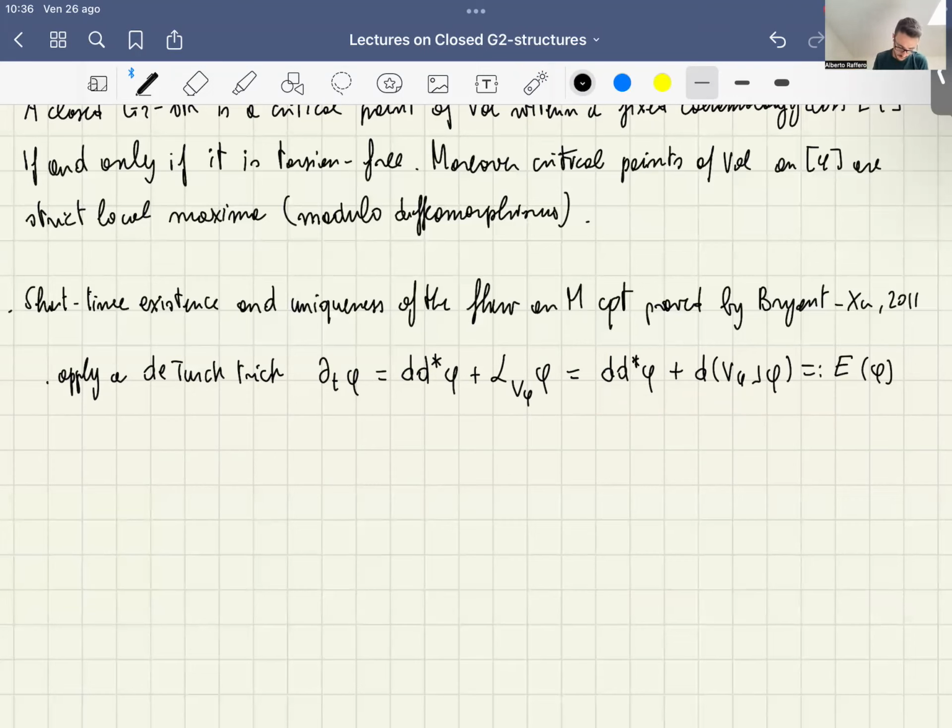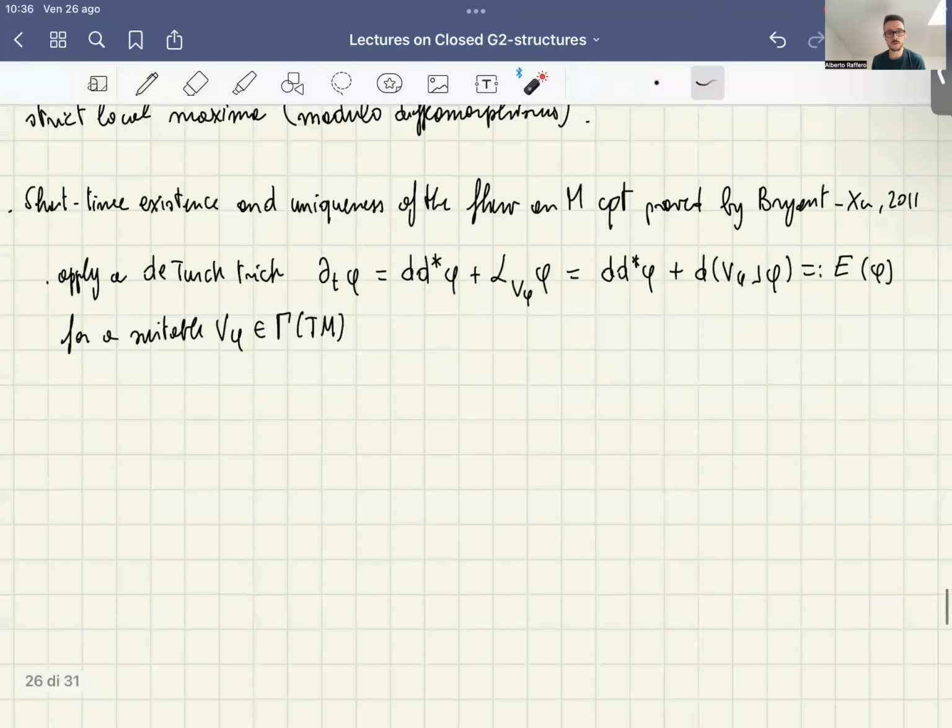So you apply this trick for a suitable vector field V phi on the manifold. And you may refer to the paper by Bryant and Su to see the explicit expression. Now, what you do to understand whether the flow is well posed is, of course, this flow is non-linear, so you have to compute the linearization of the right-hand side of the flow equation and see whether this linearization gives you